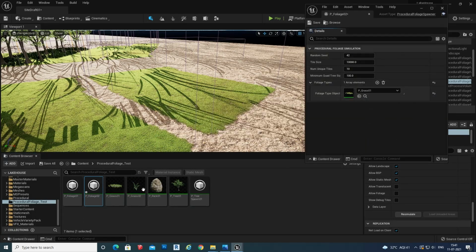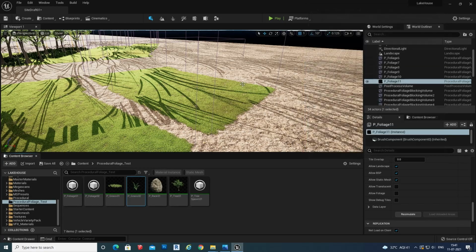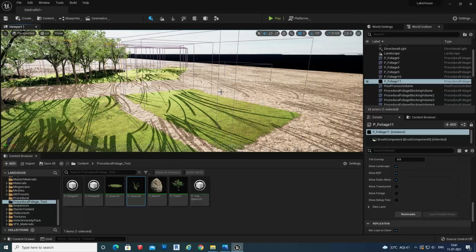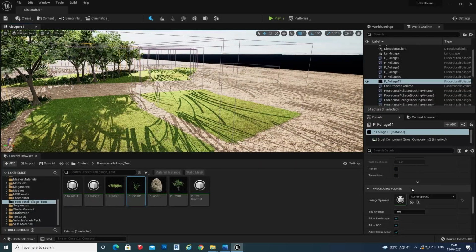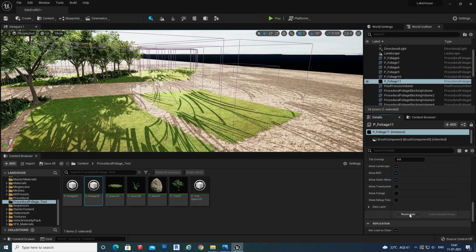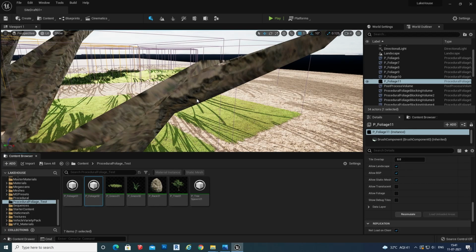So I'm going to create a new volume and just resimulate. I need a shrub, resimulating. Just save all to get rid of it.